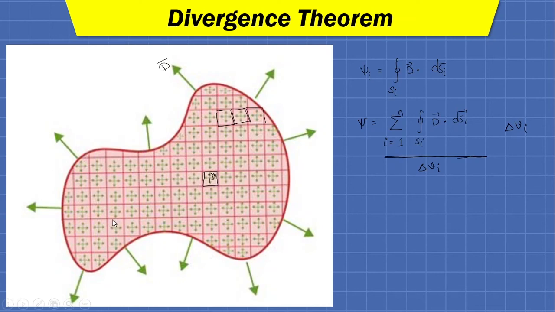Okay, so keeping this fact into consideration, we can write the total flux psi equals, now we need not worry about each and every individual cell, rather we can consider the overall closed surface integration